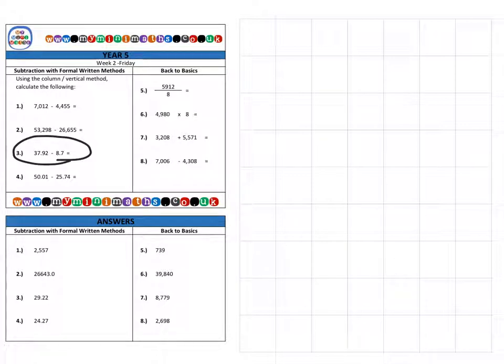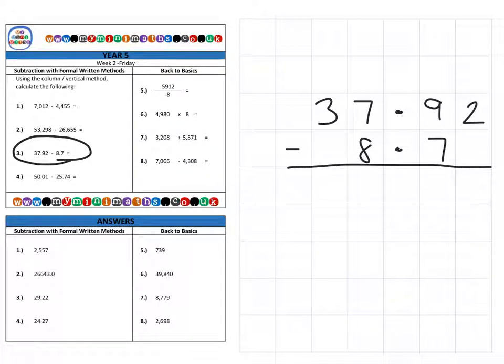Now question 3 is the first of our decimal subtractions, and it's no different. Just like with addition, it's no different. We just happen to have a decimal point in between 2 of the digits. So let's write it out: 37.92, and we're subtracting 8.7. Now, just like when we're adding decimals, the golden rule is to make sure that these decimal points are